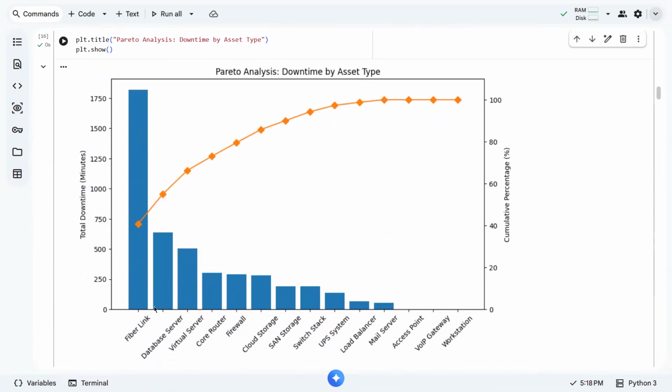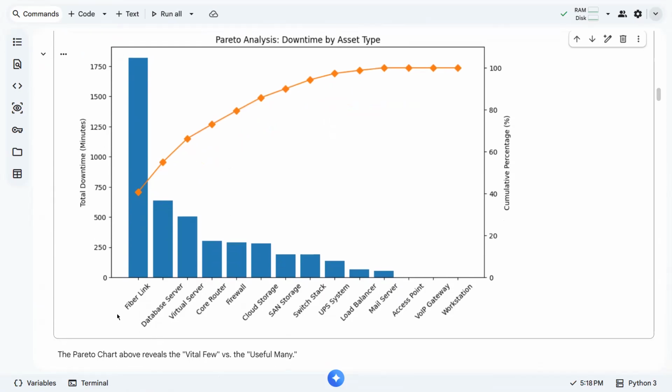So 20% could be around here, okay? So 20%, or one-fifth of the entire chart. So one-fifth is around here, so from fiber link to core router, I guess. Okay, so that's 20%. And these are the assets that we should watch out for.